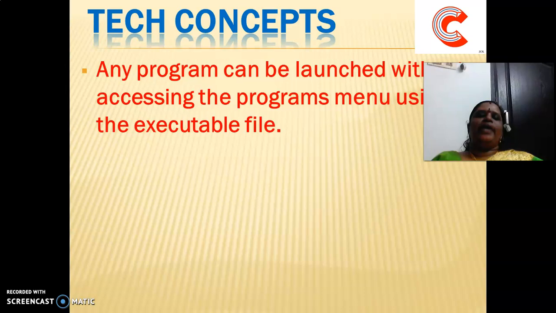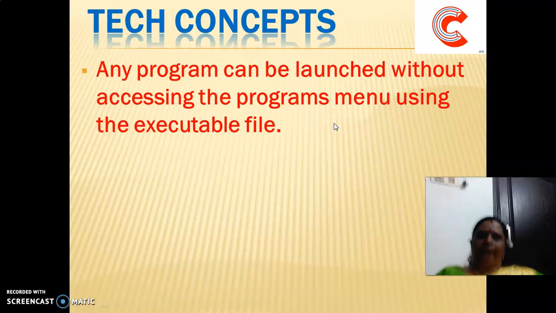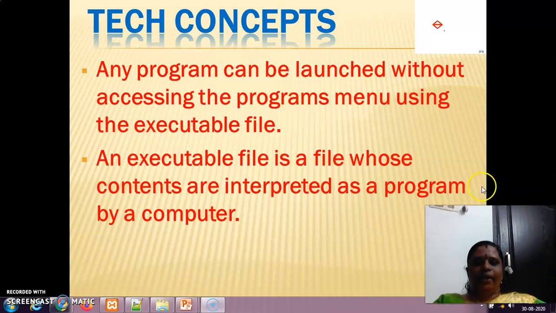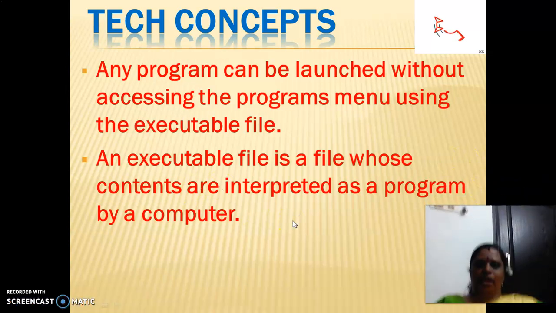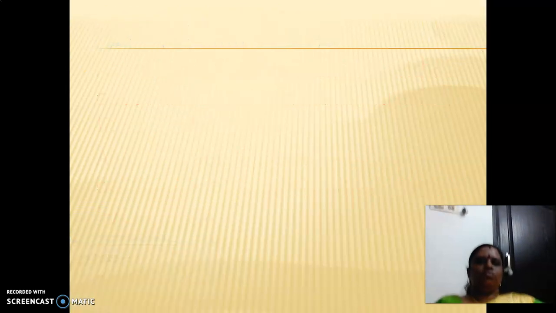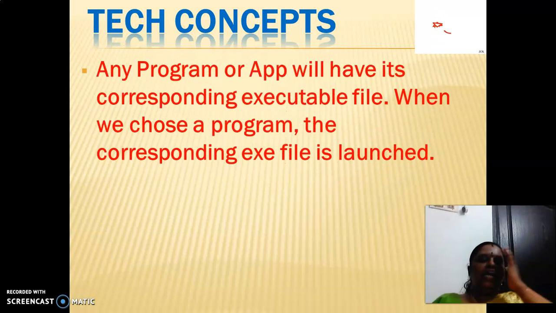Any program can be launched without accessing the program menu using the executable file. An executable file is a file whose contents are interpreted as a program by a computer. Any program or app will have its corresponding executable file, like .exe.